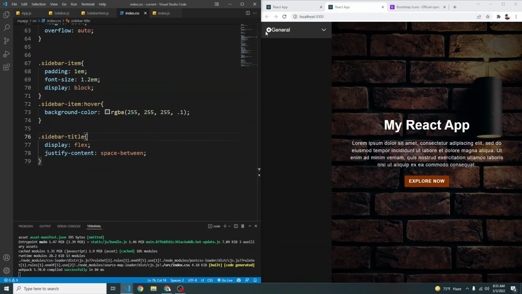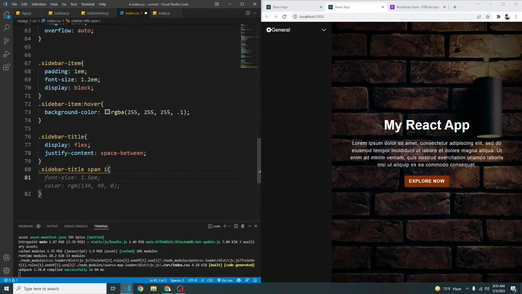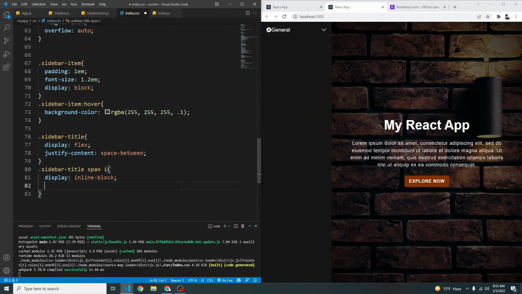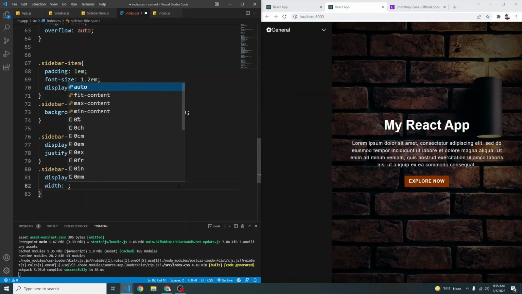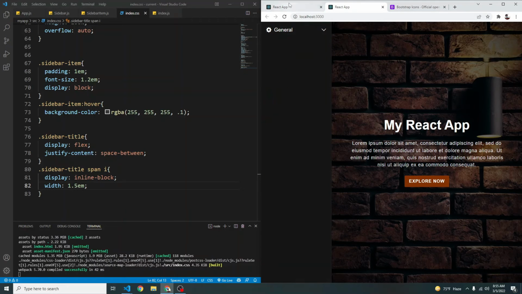Okay, now we want this icon here to have a little bit of white space on the right side, so let me just copy this, Ctrl C. Inside the sidebar title we have a span tag, inside that we have an i. Now you could have said margin-right, but instead I'm going to give it a fixed width. That way it does not matter if some icons are different shapes, we will have an even amount of white space. So first we are going to say display of inline-block. After that we can say width to something like 2em, and here it is. And I think 2em is too much, let's say 1.5em, and this is much closer to what we had in our finished project.